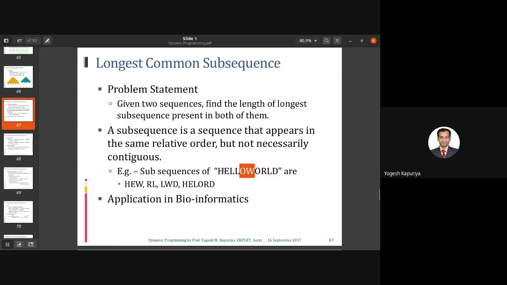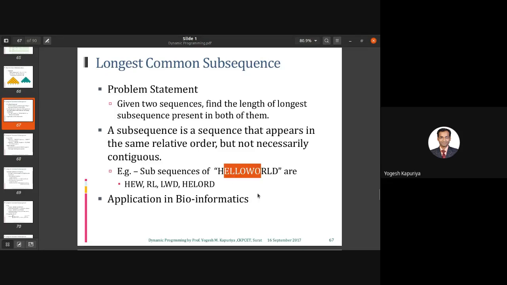Obviously, no. The reason is that E, O, W are not adjacent letters. So if I say LOW, then obviously it is a substring because they are adjacent.